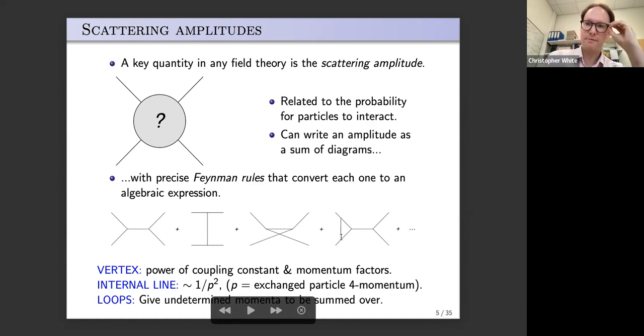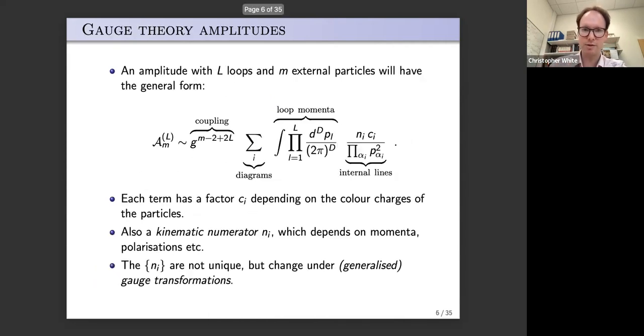So that's the briefest of summaries of how you calculate a scattering amplitude. One way to do it is you write down all the Feynman diagrams, you apply these mathematical rules where the specific factors will depend on the theory, and then that gives you the expression for the scattering amplitude. Now, if you were to collect that all together for a particular amplitude, let's say that I am in a gauge theory and I want an amplitude with L loops in it and M external particles, which is usually how we characterize different parts of the amplitude,